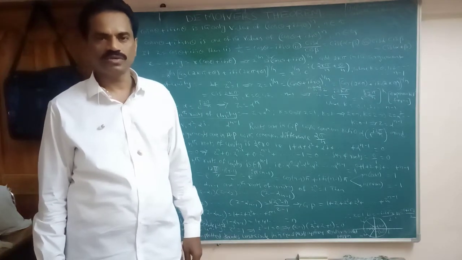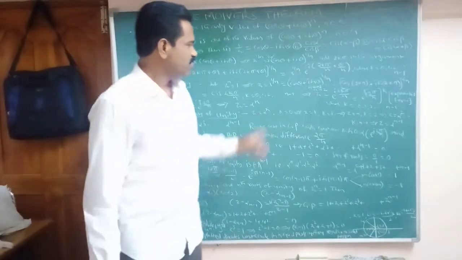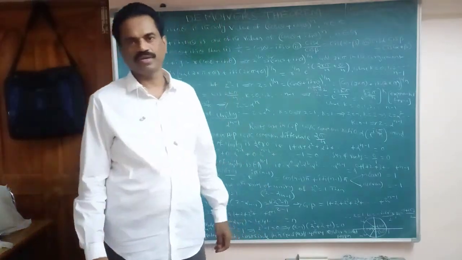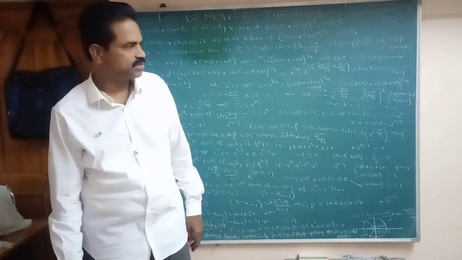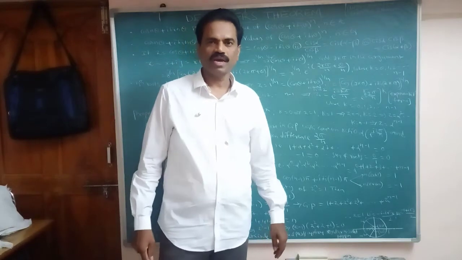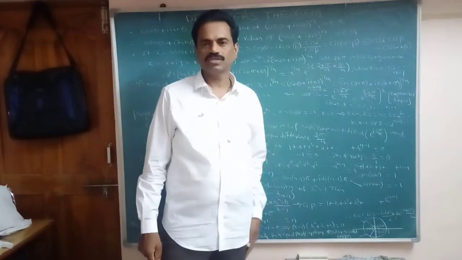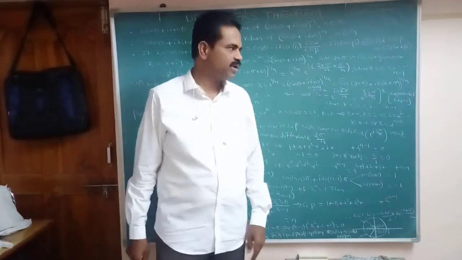Is cos 0 plus i sin 0. Its value is how much here? 1. Suppose 1 power 1 by n equals (cos theta plus i sin theta) whole power 1 by n. So what do we add here? 2k pi. So that is cos of 2k pi plus i sin of 2k pi. Here theta is what? 0. So that is 2k pi plus 0, that is 2k pi, i sin 2k pi whole power 1 by n.